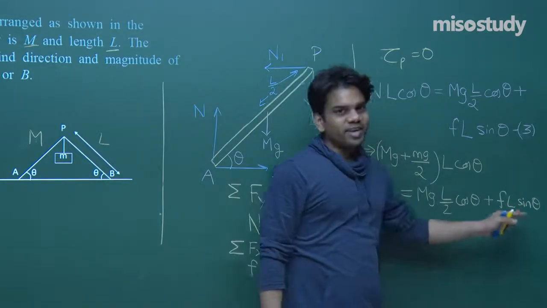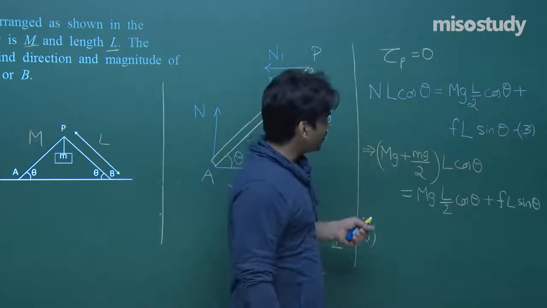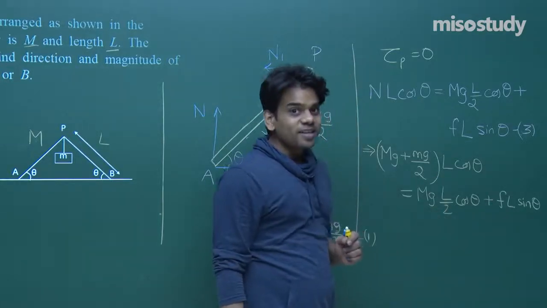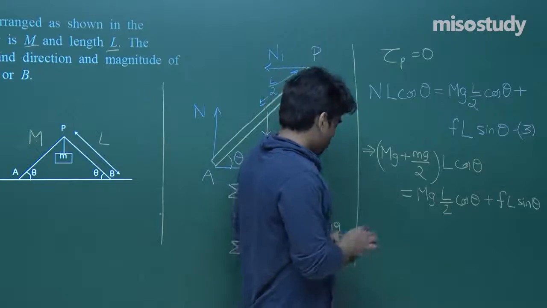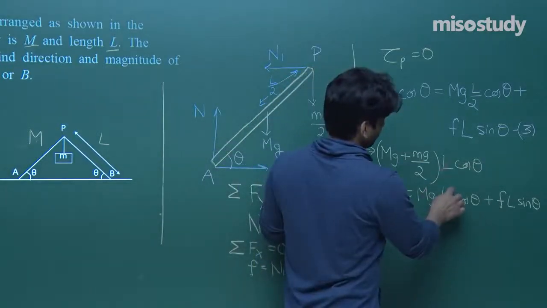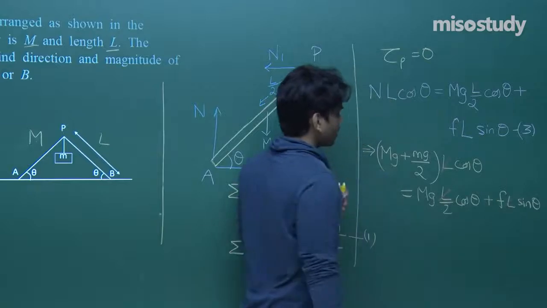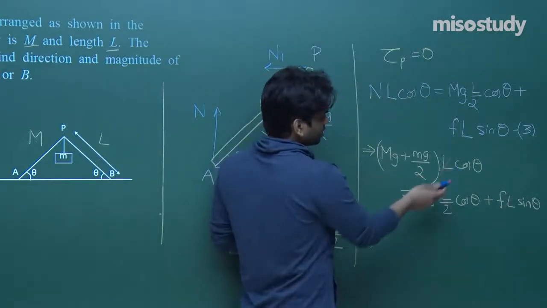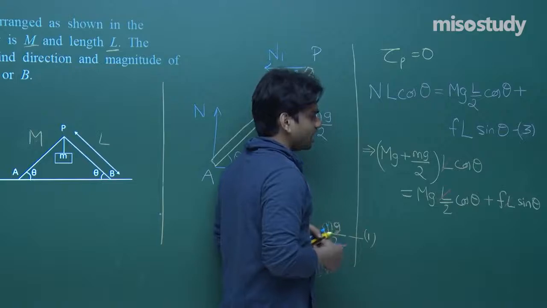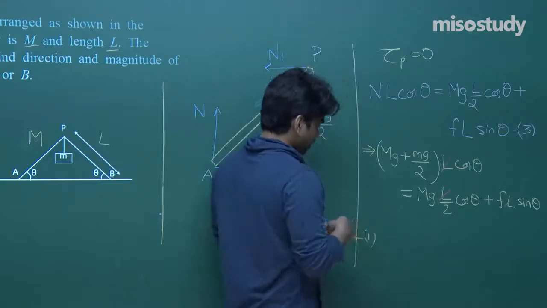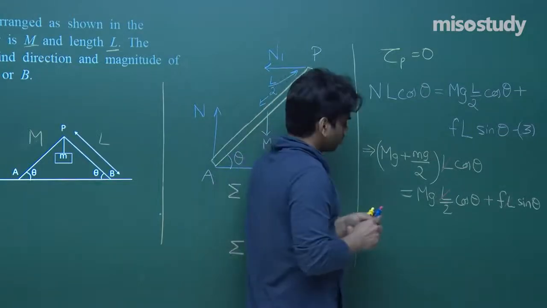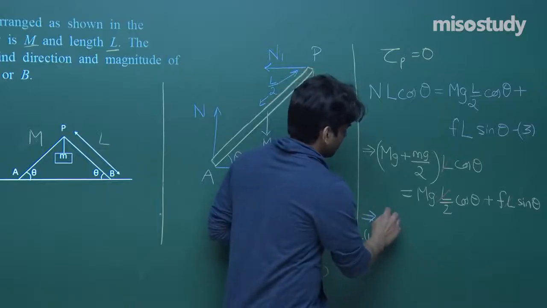All terms are given, F is the unknown, or easily we can evaluate. See, L is here, L is here, L is here, we can cancel out the value of L, that won't be required. So I'm going to just cancel out L from here, from here, from here. Now see, mg cos theta, and here I have mg by 2 cos theta. If it goes there, I'll be having mg by 2 cos theta. So just rub your pen on your copy, and you will find that this term can be written as